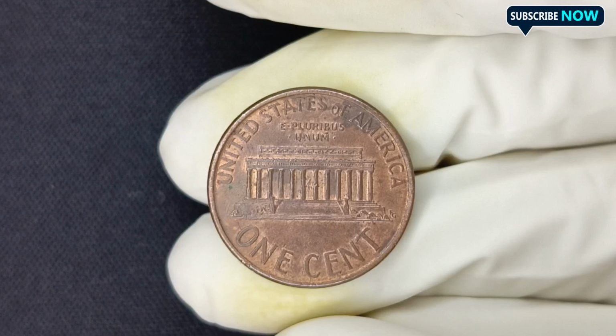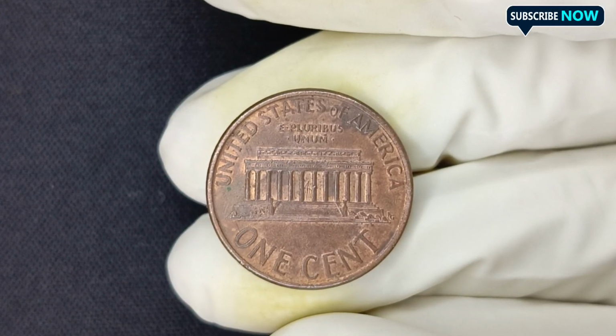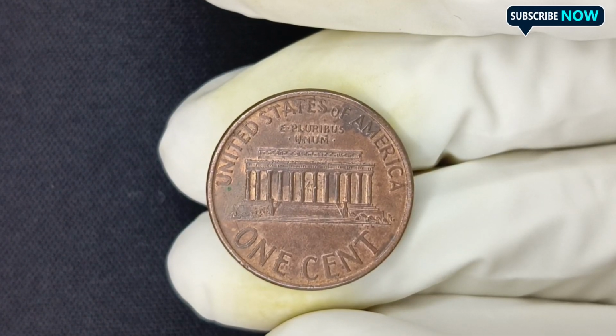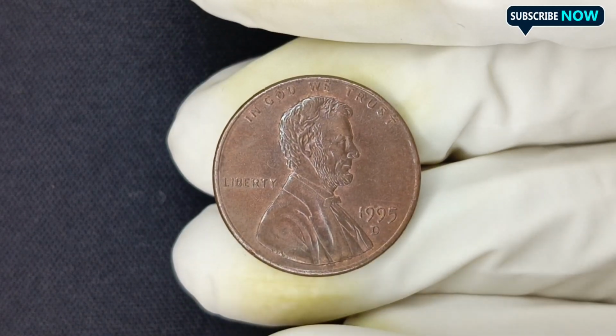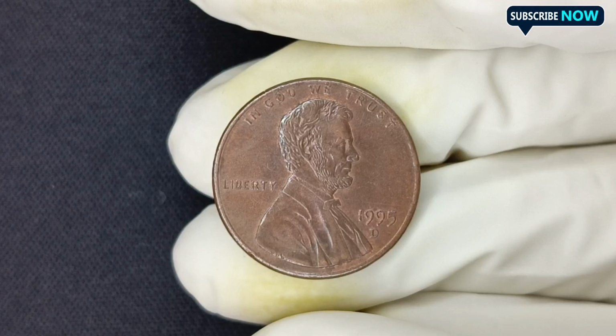Now, you might be wondering how much these error pennies are really worth. And while most people think of a penny as being just 1 cent, the 1995 double die penny has become one of the most sought-after coins in modern American numismatics. The rarity of the error, combined with the growing demand for it, has led to some truly astounding prices on